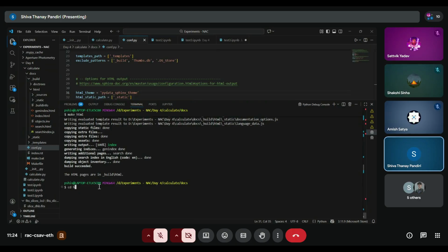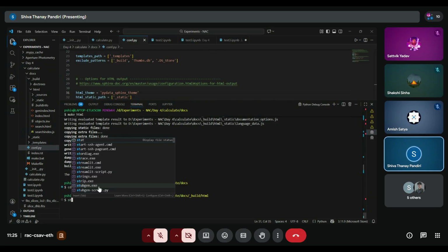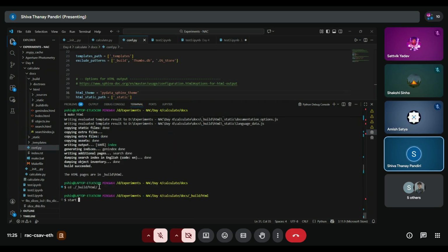Where is it? cd. Oh, okay. html. Yeah, just go there, and then you can just open it using start index.html,